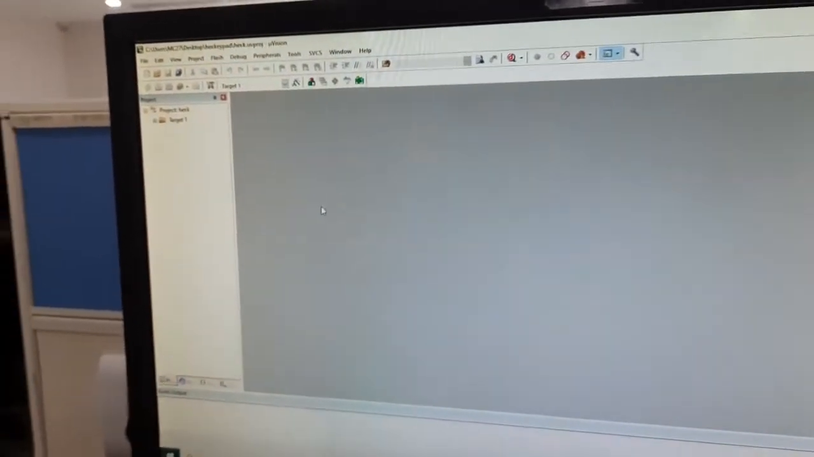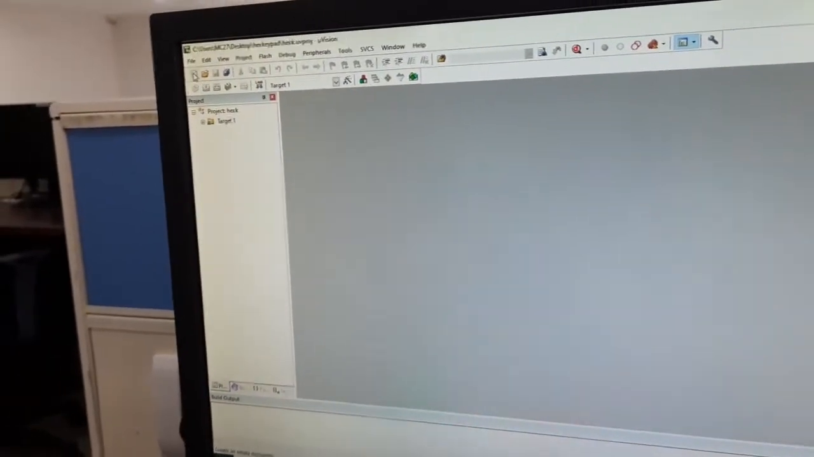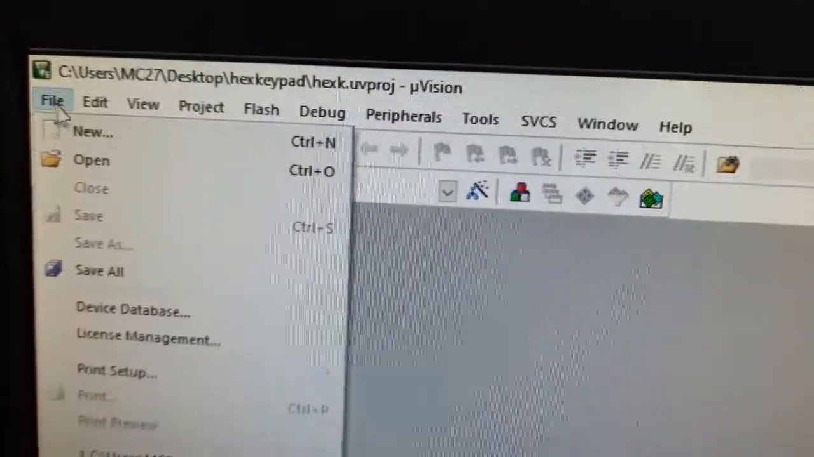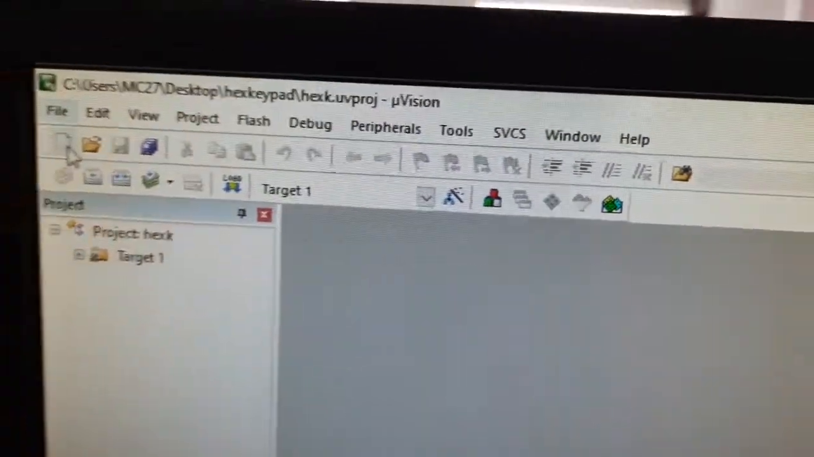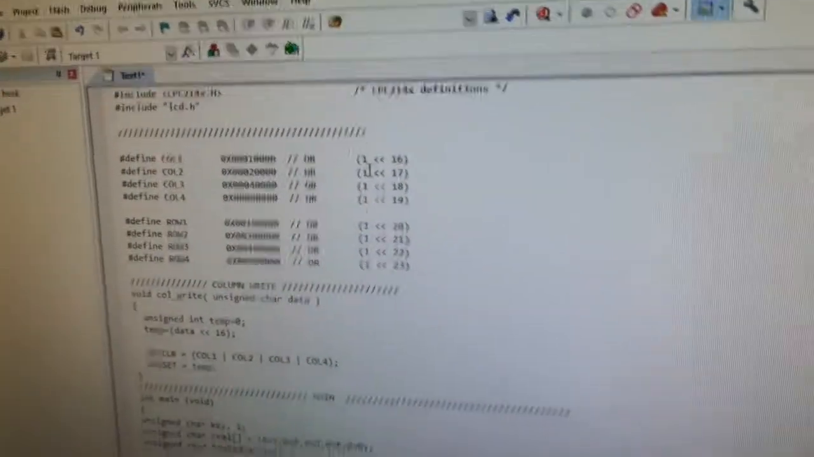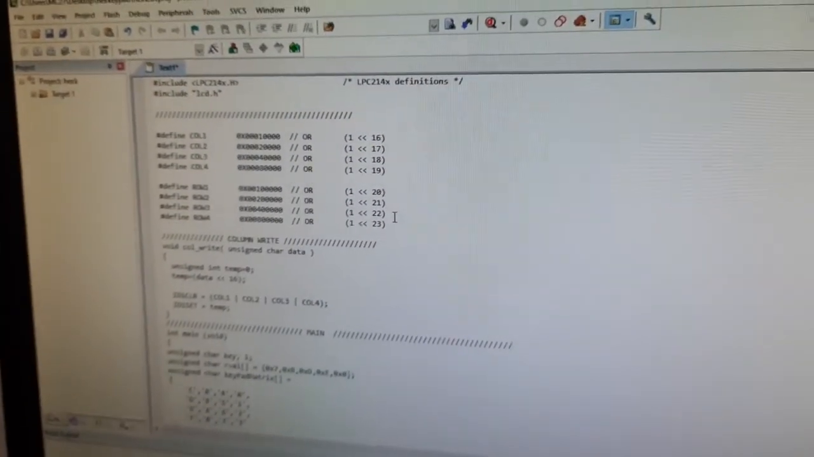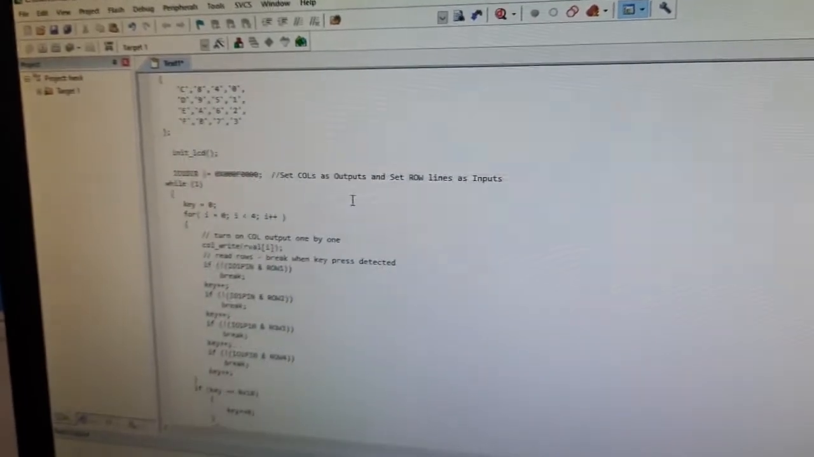Now you have to type your code. In order to type, here we have an option, that is new. So go to here, otherwise you can go to file, new. A shortcut is there here, so click on this. Now you have to type your code. Once you type, then you can run. Now I type my program, that is the 14th program, the hex keypad program. Once this typing is over,